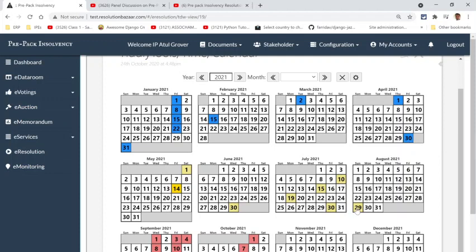So in the second phase, when you have to initiate the PPIRP process, the RP will initiate the process on Form 1, and which needs to be done here, because we don't want annexures to be found wanting at a later stage, because by that time you would have spent a lot more money, because you have to understand that the cost of this process has to be borne by you.